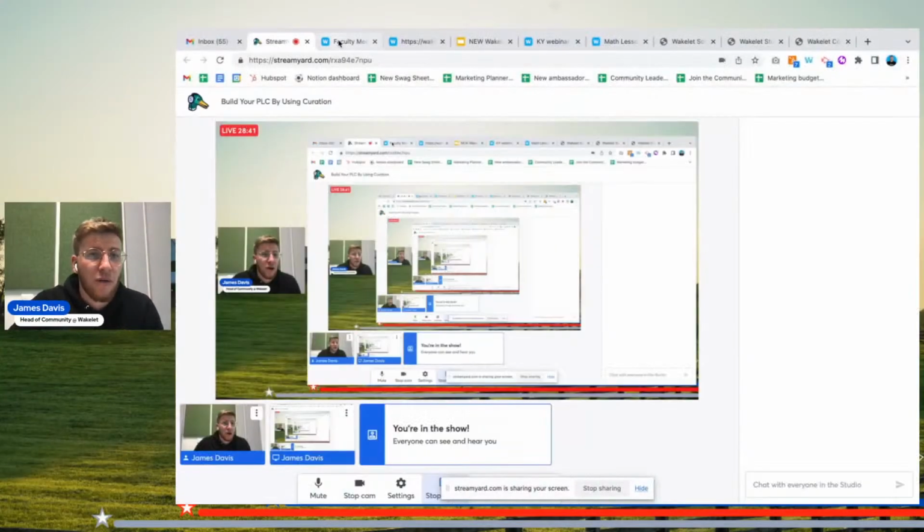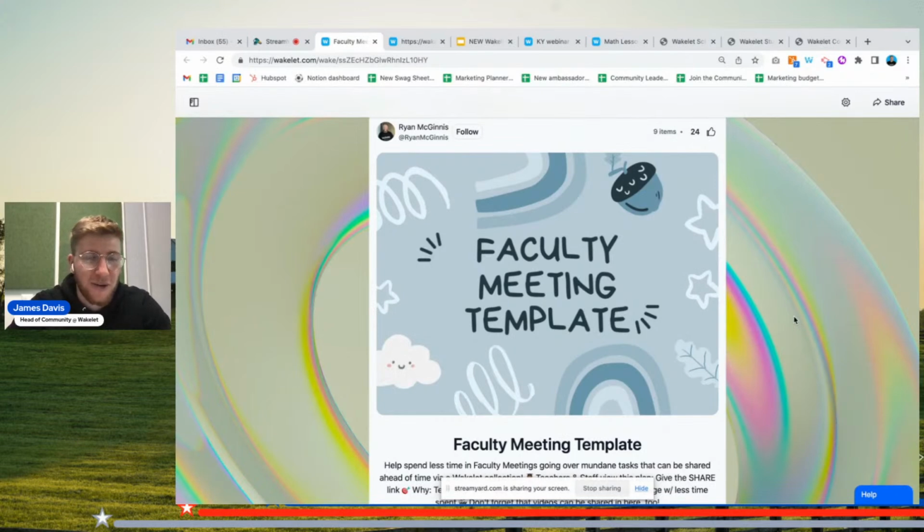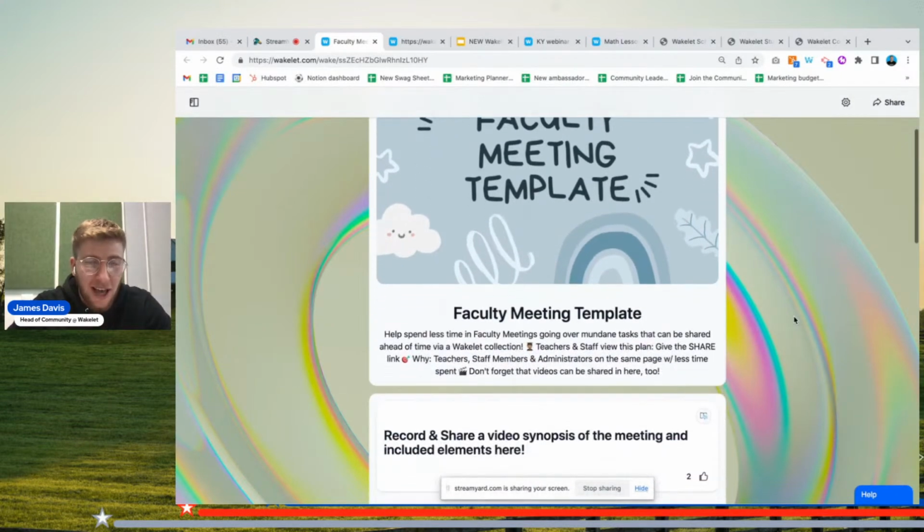But this is one thing that came up a lot, as Randall said right at the start. I spent a lot of the months in 2022 traveling the US and going to different school districts and making sure that people kind of understood what Wakelet was. And one of the main things that came out of the meetings that I had with these admin teams, when I talk about PLCs, is that they needed a place to collaborate and be all on one page. So this is an example that my colleague Ryan up in Pennsylvania created.